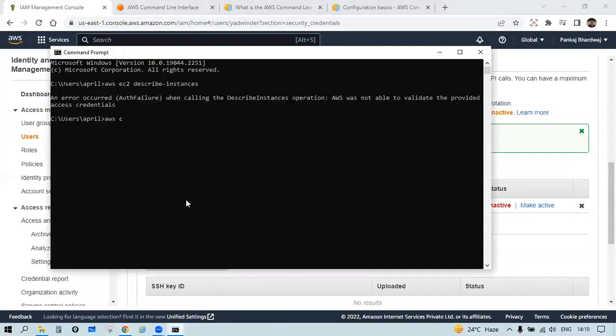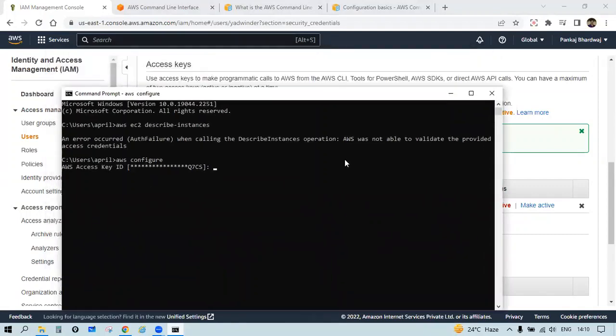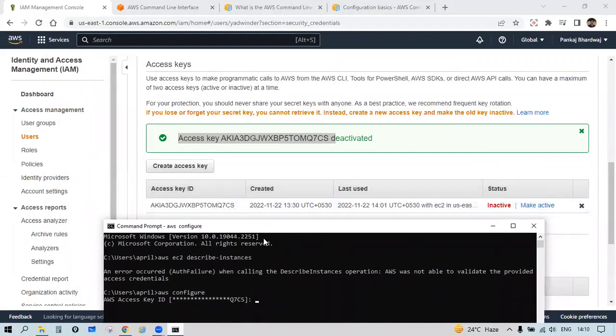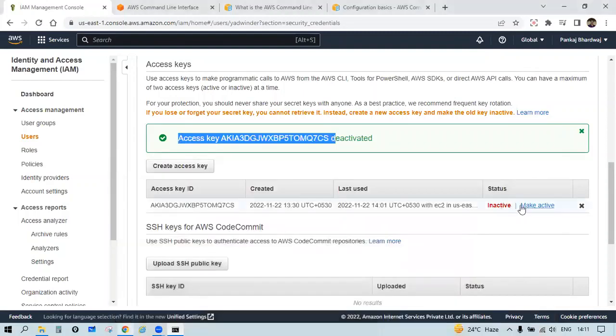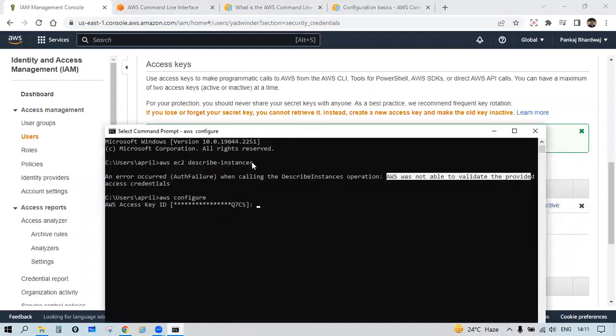अगर मैं यहाँ पर लिखता हूँ AWS configure, तो यहाँ पर लिखा हुआ आ जाएगा जो भी मेरे पास एक्सेस की आईडी थी, है ना, ये आ चुकी है। बट ये आईडी वही है जो ये वाली है, यू कैन सी दैट 7CS, है ना, 7CS। बट these cannot be validated by the AWS because this ID is made inactive by me। तो अगर ये inactive हो गई है तो ऑटोमेटिकली I cannot reuse it। अगर मैं इसको एक्टिव कर देता हूँ, ठीक है, ये एक्टिव हो गया। अगर अब मैं दोबारा से AWS EC2 describe instance करता हूँ तो यहाँ पर एरर कुछ और आ जाएगी, ठीक है, एरर आएगी कुछ और। देखते हैं कौन सी एरर आती है।